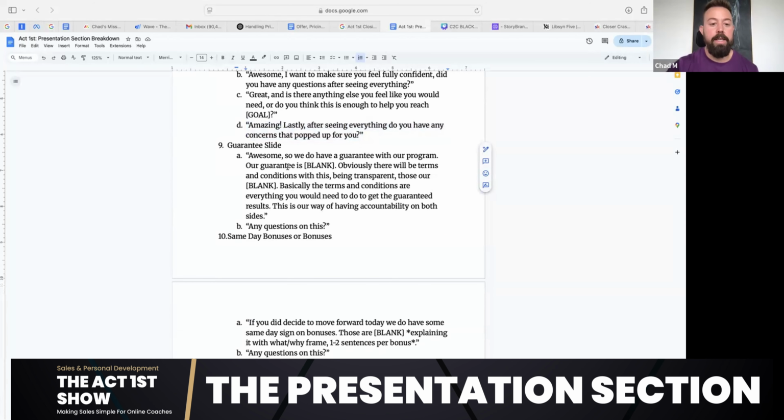All right, now we're going to get to the guarantee slide. All right, so basically on the guarantee, we're just going to go over the guarantee. We're also going to go over the stipulations, and then we're going to ask them if they have any questions. All right, so what that looks like is awesome. So we do have a guarantee with our program. Our guarantee is blank. Now, obviously, there's terms and conditions here, and being transparent, those terms and conditions are blank,